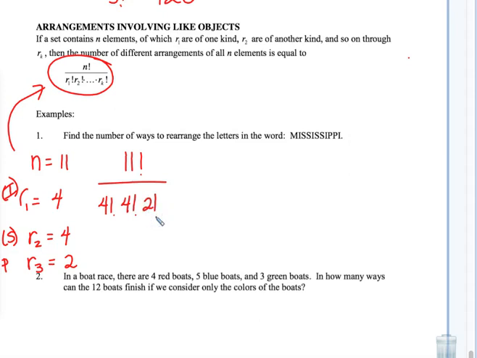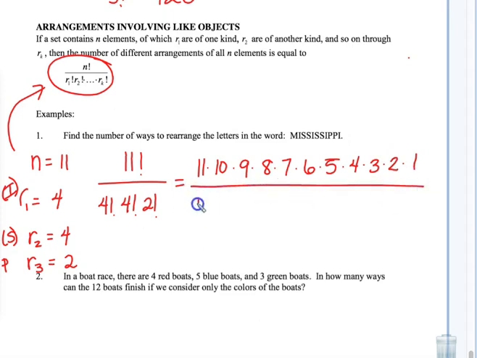If you have a TI-83 or 84 calculator, you're going to have that factorial option. Sometimes people can't get these in their calculator real great, so I'm just going to show you what this basically means. This means 11 times 10 times 9 times 8 times 7 times 6 times 5 times 4 times 3 times 2 times 1 divided by